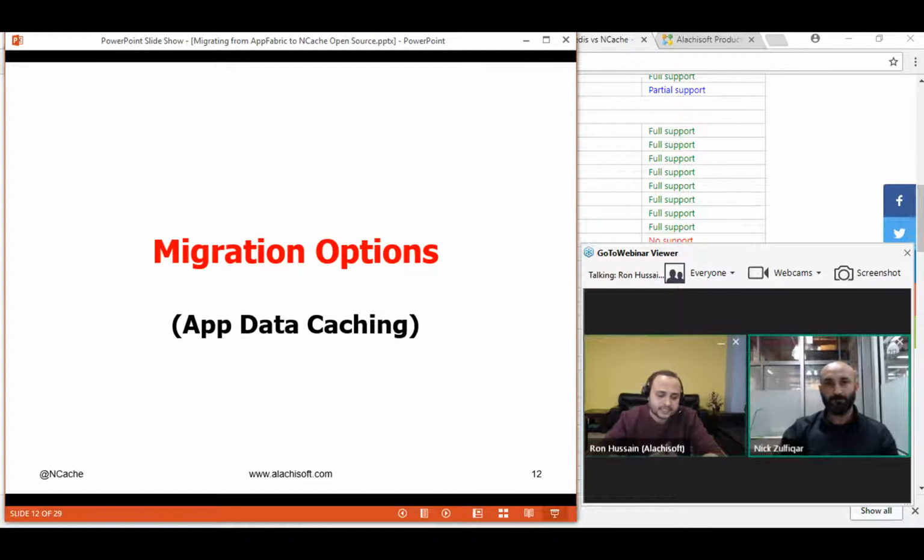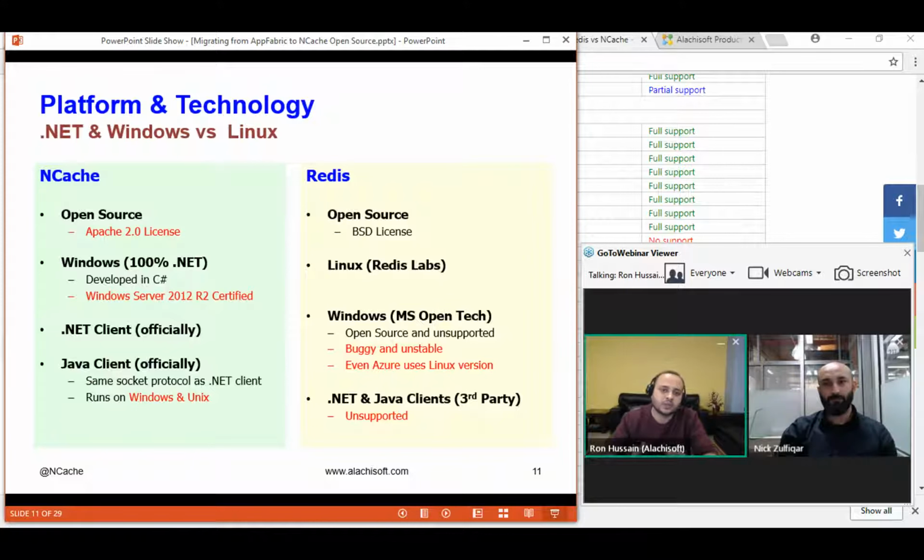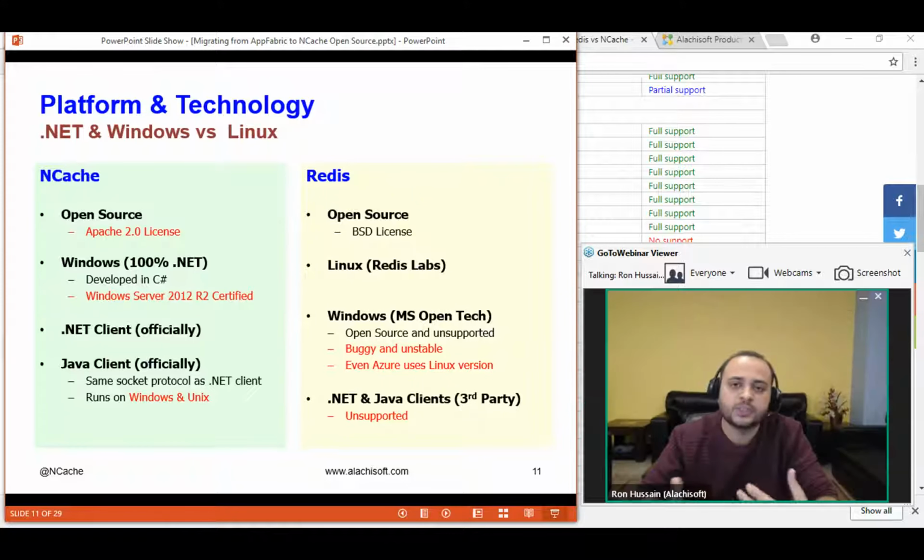Okay, very good. Yes, NCache, there are many deployment options to choose from. NCache can run on-premise. That's the conventional deployment that you would have with AppFabric as well, that you have your VMs and then you install software on top of those VMs or physical machines. It could be also a hosted environment, again VM model, and then it could also be in Microsoft Azure as well as in AWS, Amazon Cloud. The deployment for NCache in the cloud is pretty straightforward. It's available on their marketplaces as well,